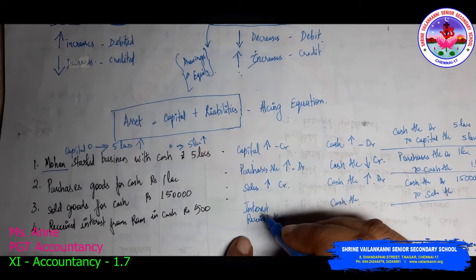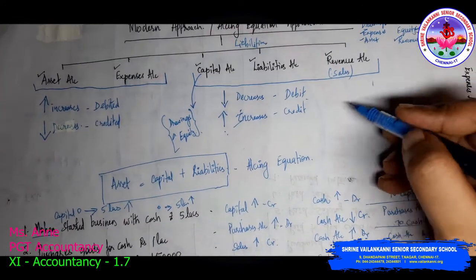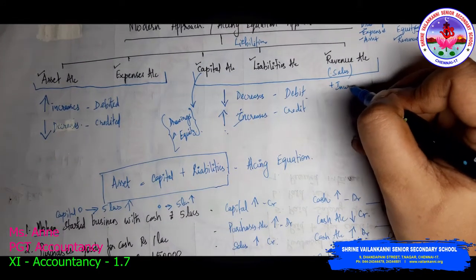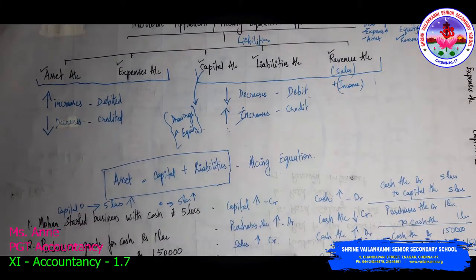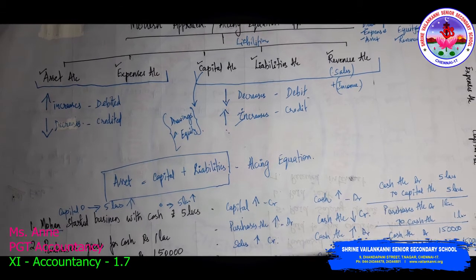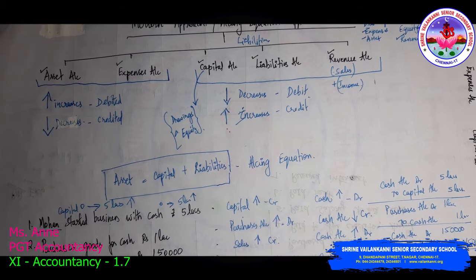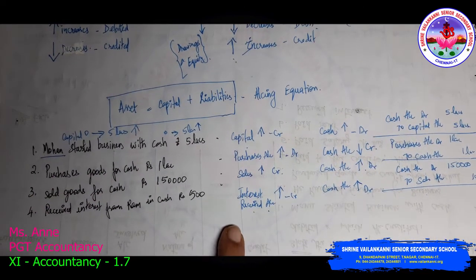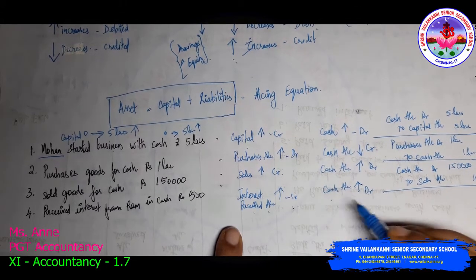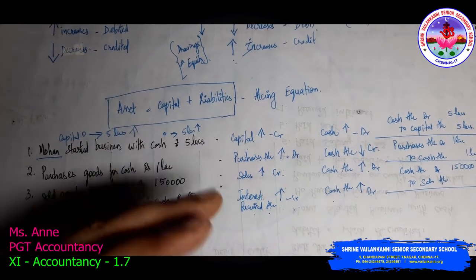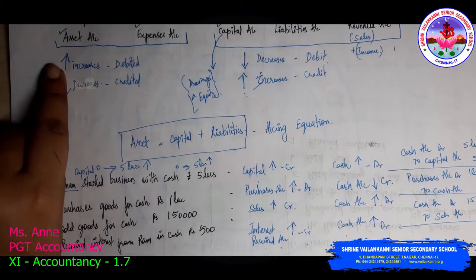So we have identified that interest received is what? It is a revenue. So revenue can be sales plus income, any income that you are going to receive. So sales and income. So if revenue, interest, is high, it should be credited. Cash is also more, it should be debited. So interest is income, income is going up, so credit. Cash is also increasing, you are receiving 500 rupees. So when asset is increasing, you need to debit it.